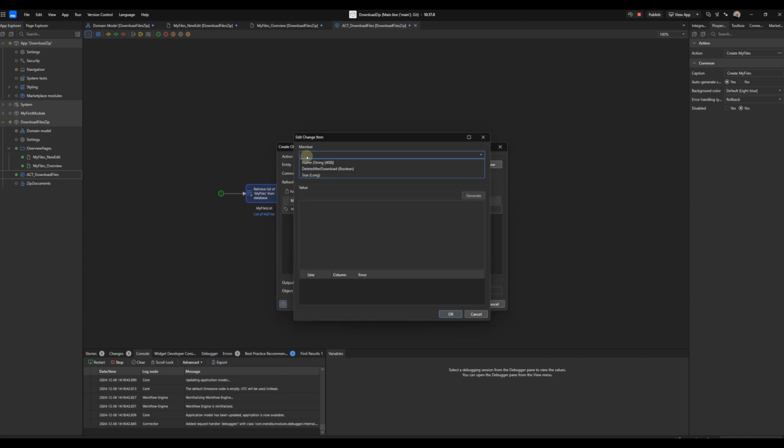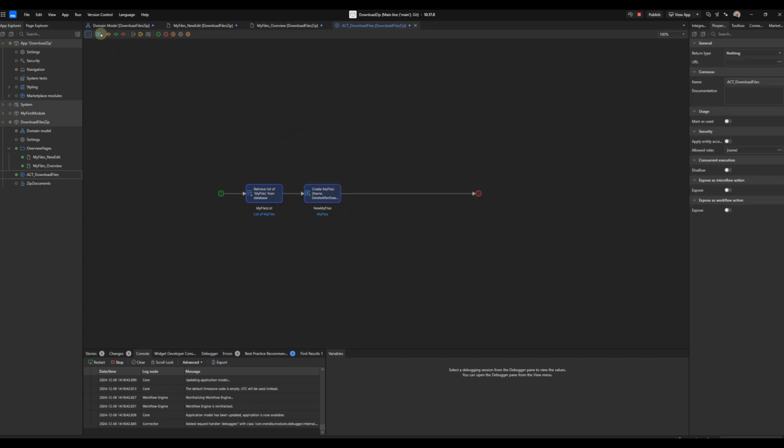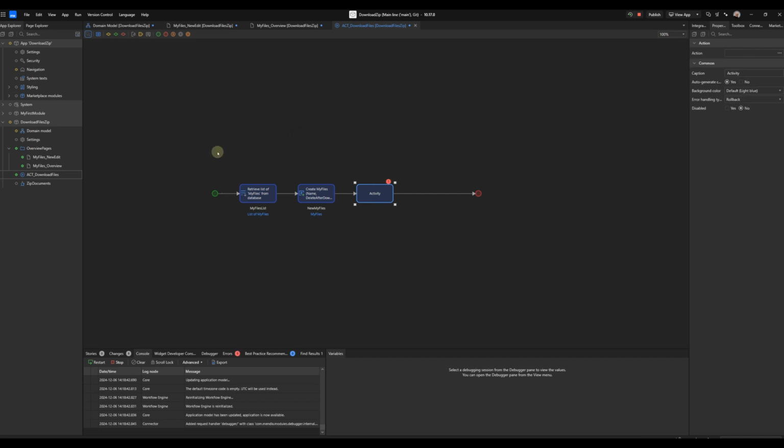After downloaded, delete the file: true. That's okay. Now these are my files, this is the zip file name, and this is the zip file configuration, I can say.